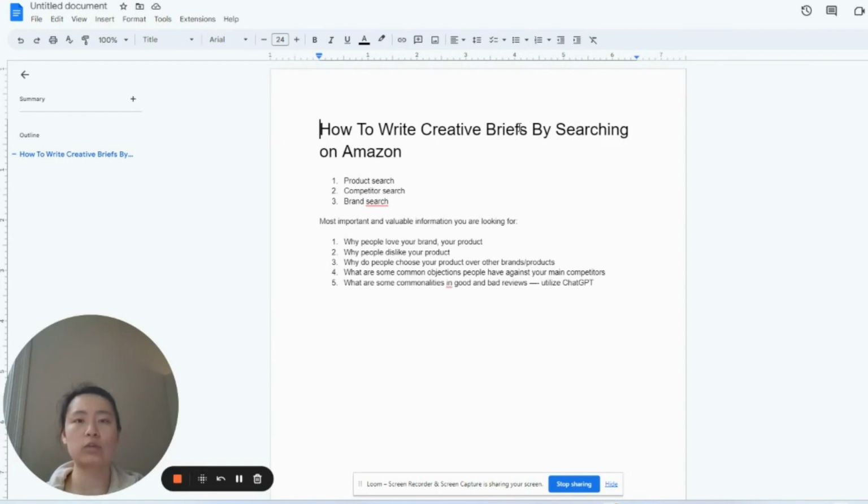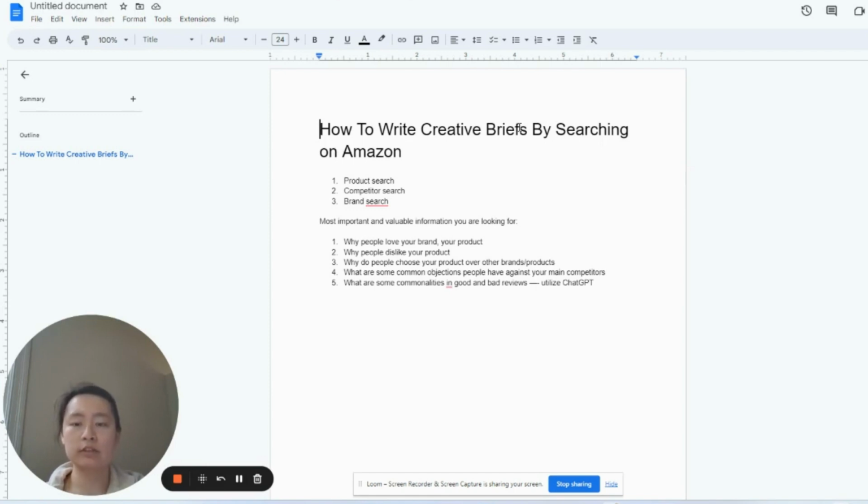What we are literally doing is just reading through comments and reviews and extrapolating summaries and some of the key highlights and key points that we learned, and applying those to the actual briefs. And here are some of the questions that you definitely want to ask yourself when you are conducting this research